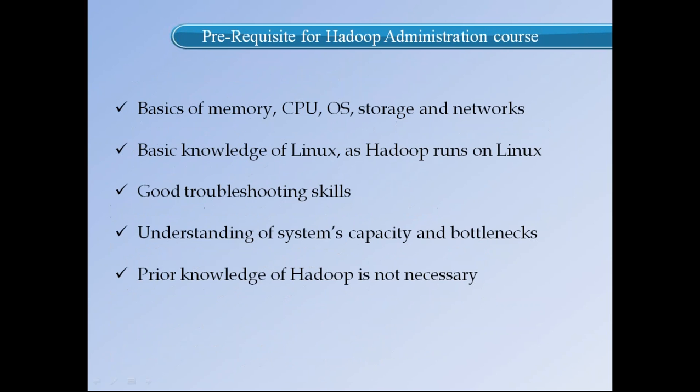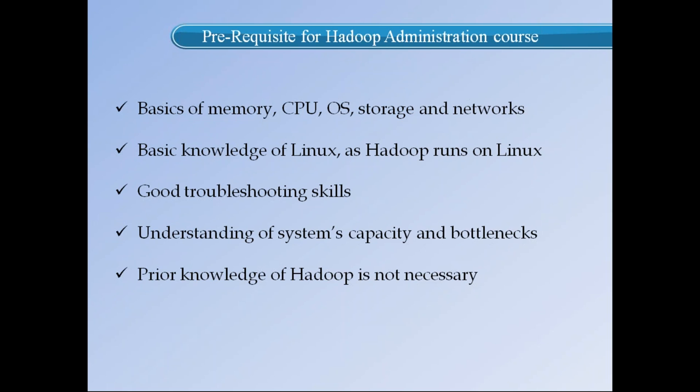Let's come to the next slide. What are the prerequisites for the Hadoop administration course? The basics of memory, CPU, OS, storage, and network. As we know from the operating system on mobile phones and computers, we always say we have 2 GB RAM on a smartphone, 8 GB RAM on a computer system. That's the same thing. CPU: what are the cores, octa-core, dual core. And OS: Windows, XP, Linux, CentOS, Ubuntu. Storage